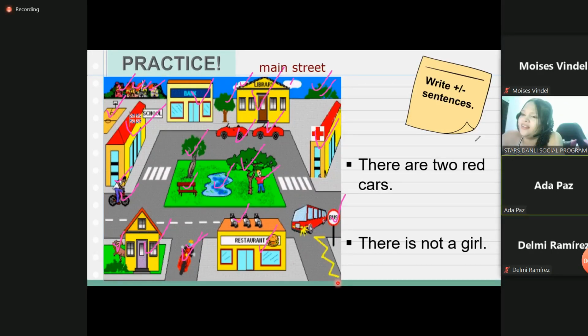There is a flag in the school. Okay, excellent. This one, right? Bueno, Ada era la última, pero lo hizo bien. Teníamos ahí the flag. In this case, in the school, yes. Okay, now let's talk about the things that there are not or there isn't in the